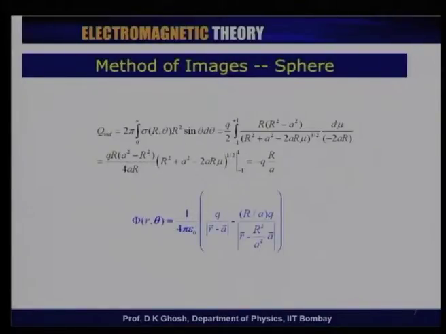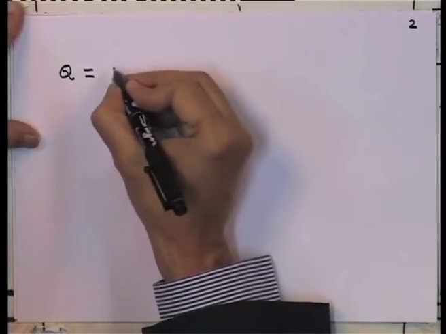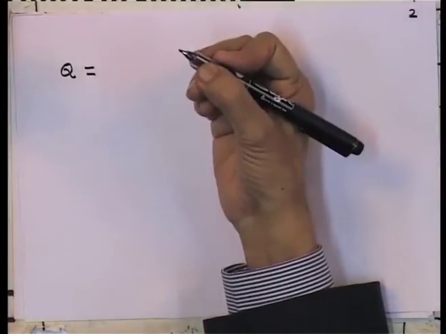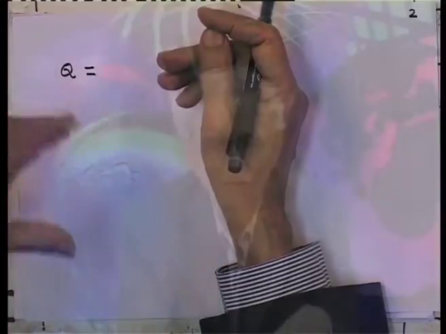We will use that expression as we go along, but let us look at how much is the net charge that is introduced onto that sphere, because I have a charge density now. And this is very simple, because the net charge that is induced is simply the surface integral, and notice that I am calculating it on the surface. So, small r is equal to capital R, and so the integration has to be done with respect to the angle theta only.